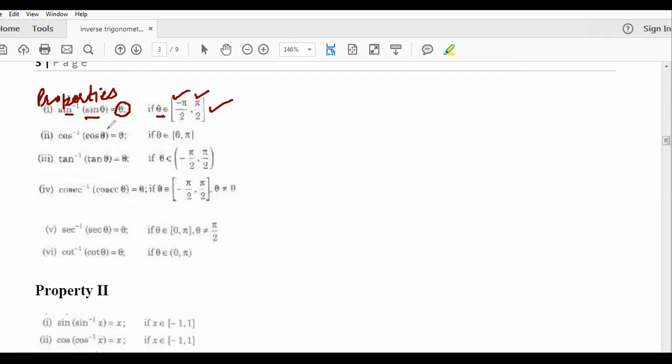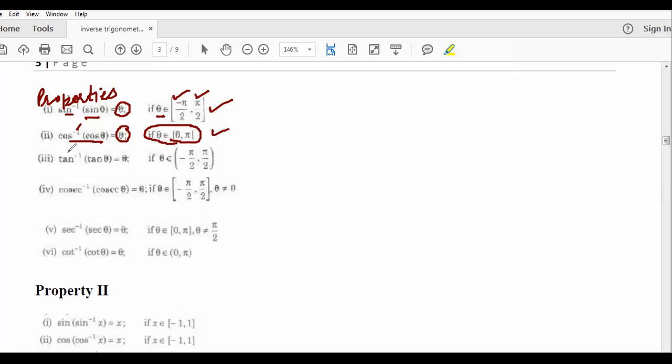So remember this. Now next we come to cos inverse. Cos inverse cos theta. So this is inverse, this is cos theta. So they cancel out. You can see this is the inverse function of this. So the inverse of the function and the function cancel each other. So we get the identity, that is theta here. In case of cos theta, theta lies between 0 to pi. So this is the value of theta in case of cos theta, 0 to pi. So remember this also, the second property.